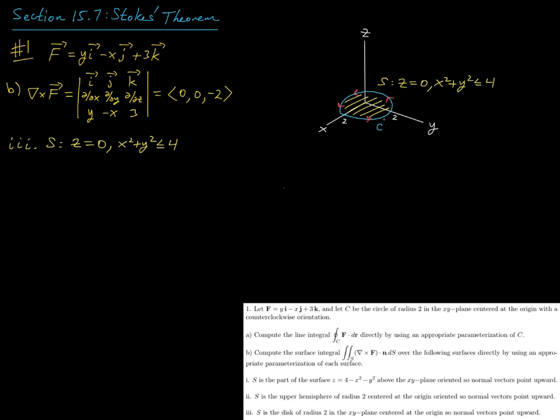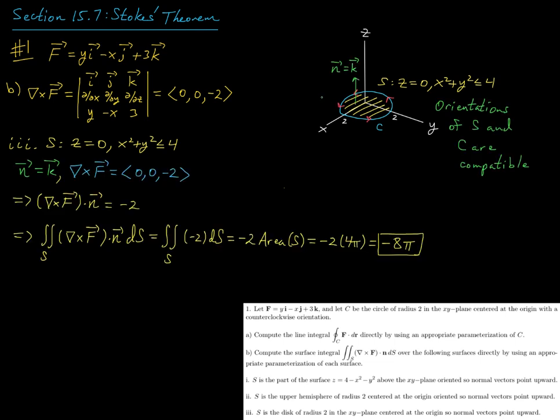It's just the disk enclosed by C. So the normal vector is just the unit normal vector, n is just k, right? And that's going to be the same unit normal direction at all points because we're looking at just this flat surface. And by our right-hand rule convention, this choice of upward pointing normal is compatible with the orientation